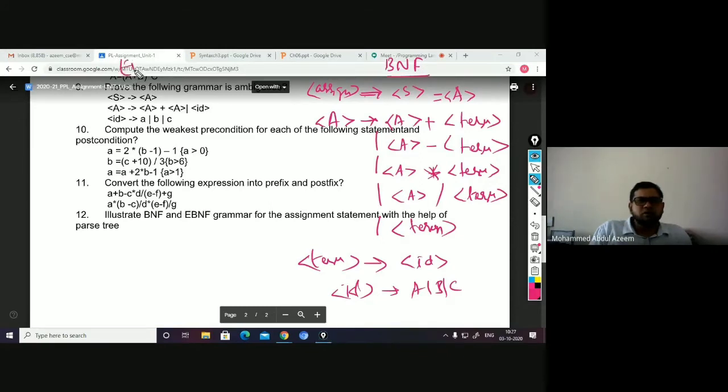And in EBNF, the first statement is anyway common. Now, I am combining all this into a single statement. This assignment statement or an expression defines to be